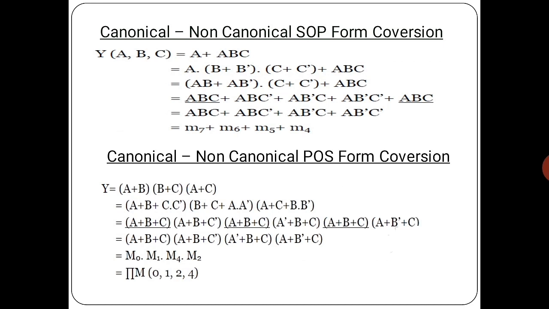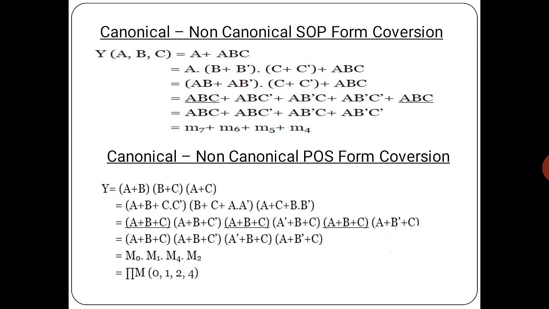So now we are going to see the final step. In this particular final step, each and every min term is having all the variables. It may be complemented or it may be non-complemented. So the same thing will be seen in the POS form. So you can see the first max term a plus b. In this particular max term the missing literal is c. The next thing, the missing literal is a. The next max term, the missing literal is b.